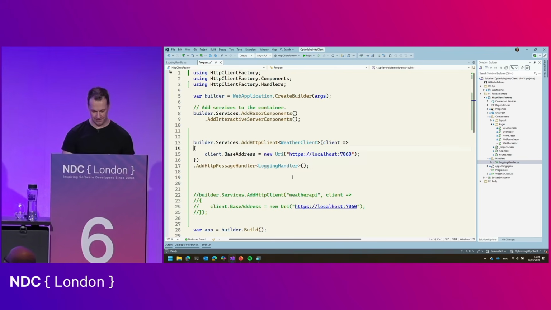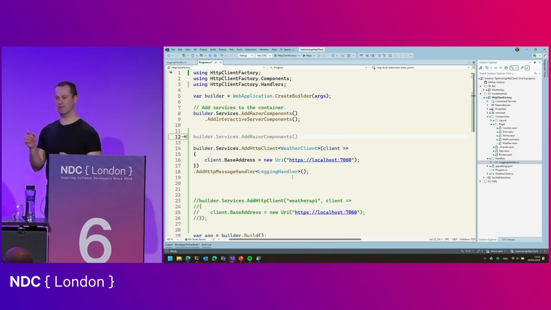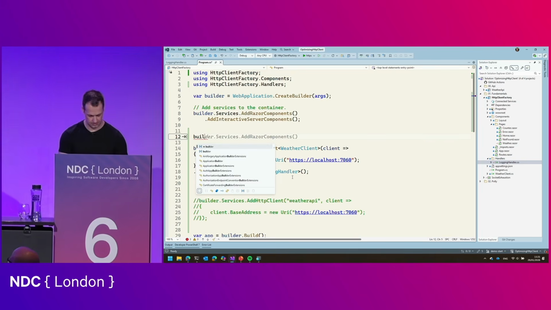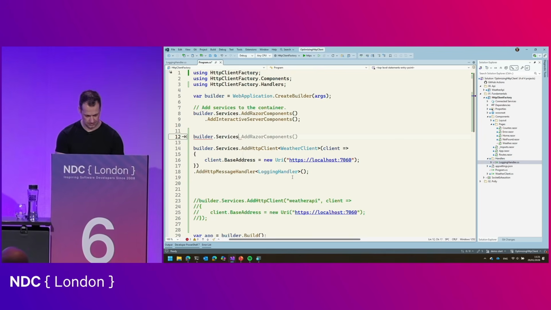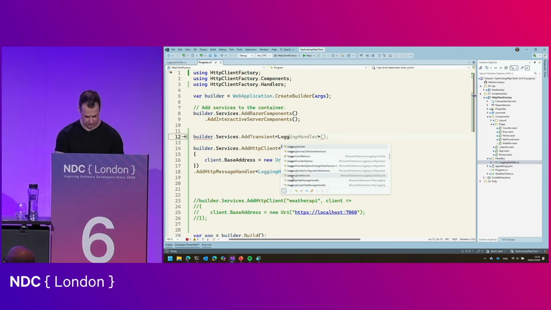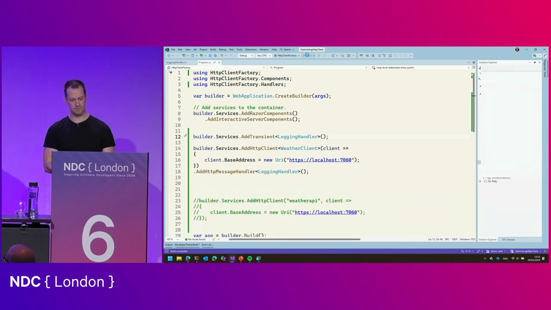Because if you add the HTTP message handler to an HTTP client, it uses your dependency injection to get the instance from it. So you have to register it first. Let's say a transient logging handler. There you go. Now, if I run this,